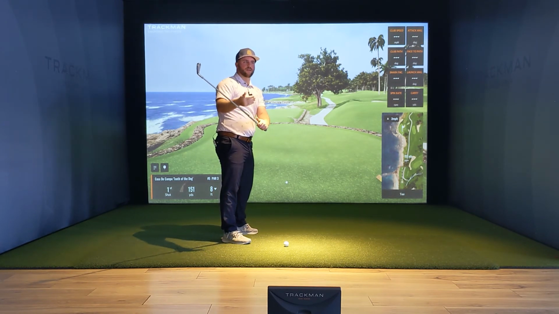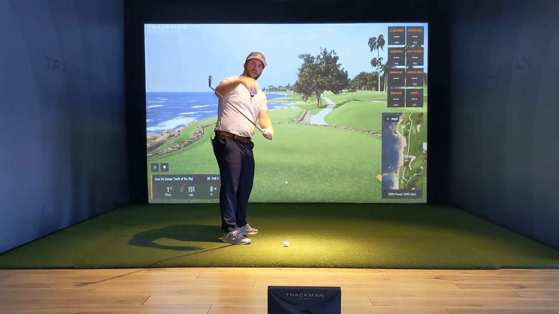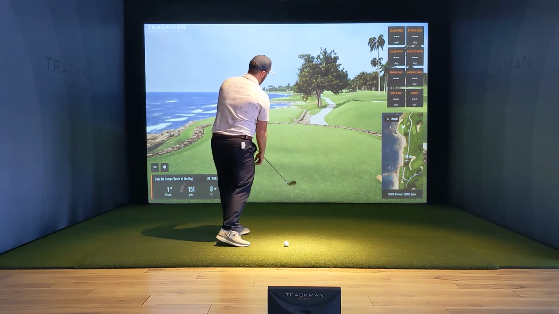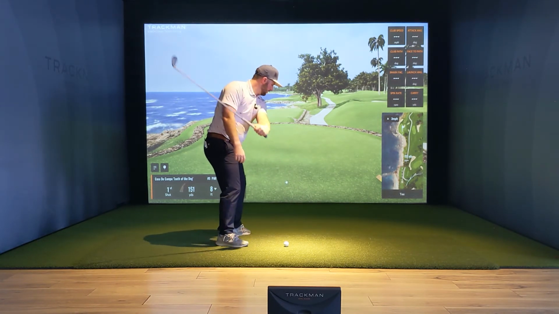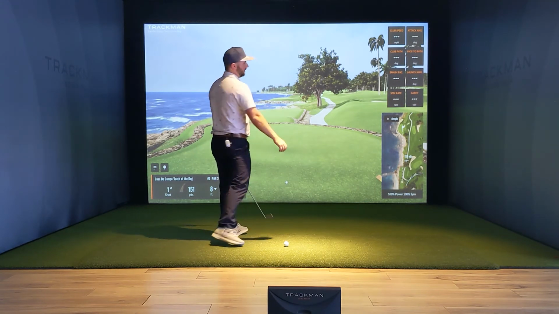Now, they all swing above average speed, so they have no problem with getting the ball up in the air. And their pattern actually is to hold on to that, and almost all of them hit a fade by how much they're able to rotate and actually clear their hips. Now,